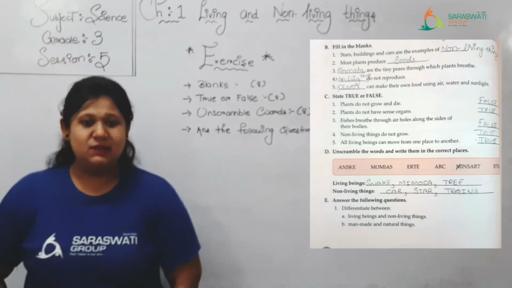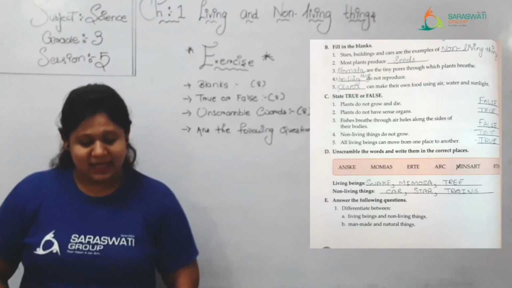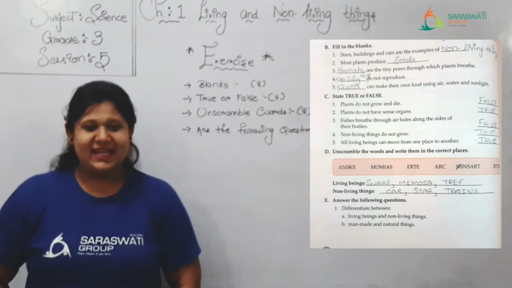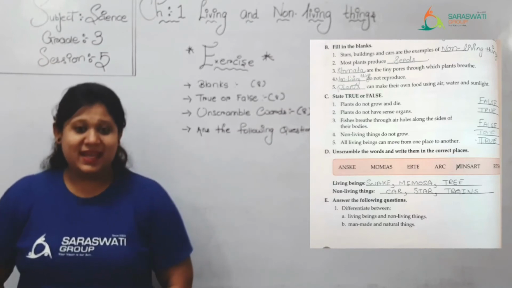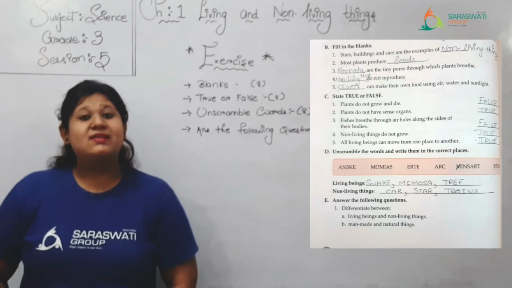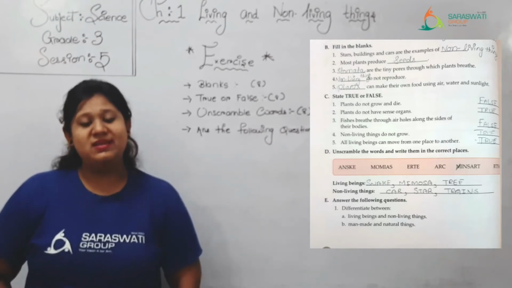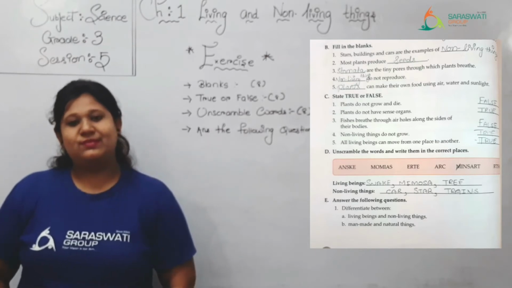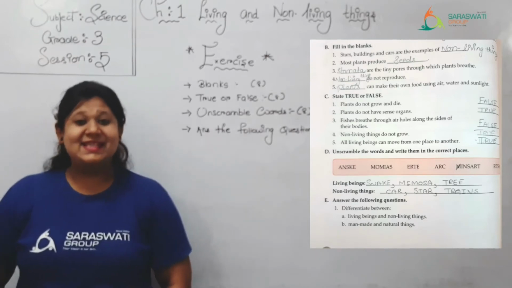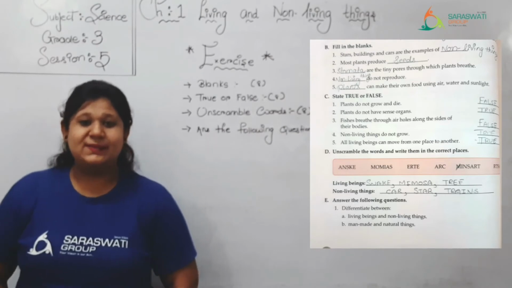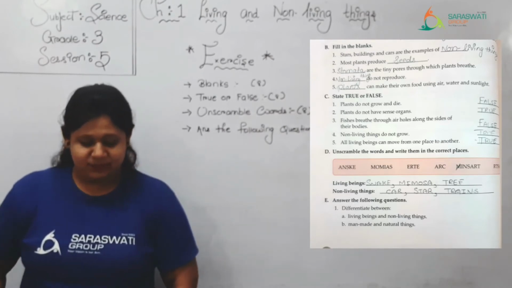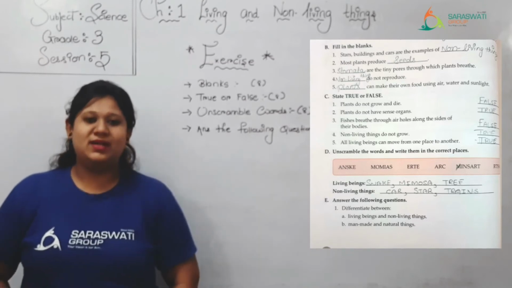So let's take first word, S-N-A-K-E. That is snake. Snake is a living being or non-living thing? Yes, snake is a living thing. So we are supposed to write down in the first column. Right? Now second one is